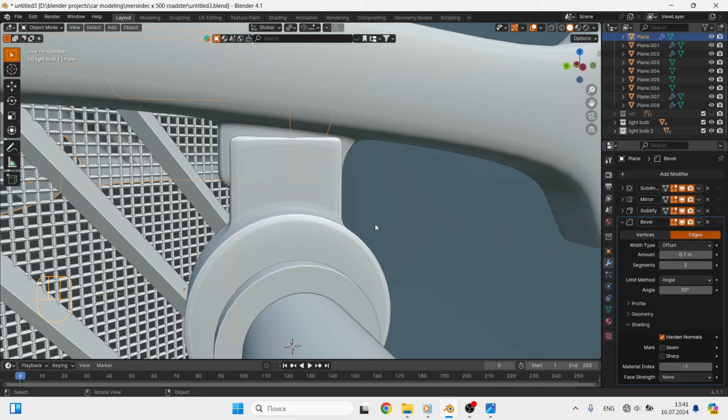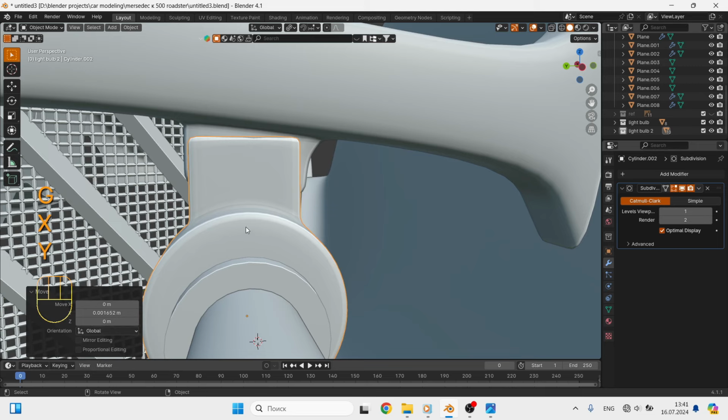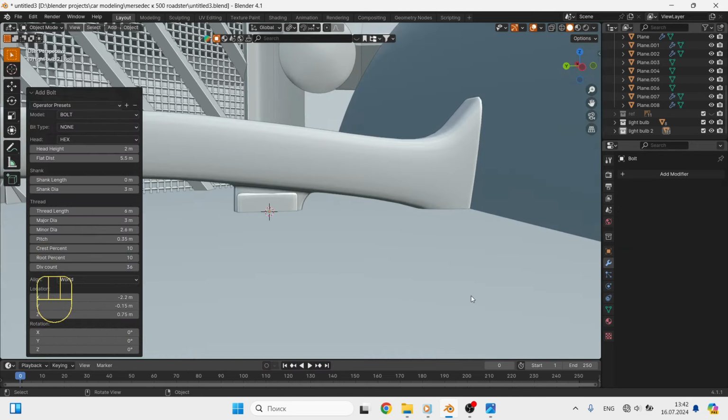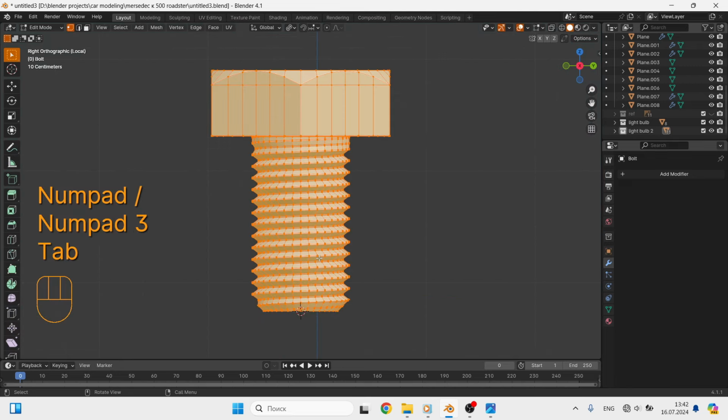And also, we will use the add-on with bolts and nuts. Since this design must be attached somehow, we add a regular bolt, but it needs to be slightly modified in editing mode. Delete the vertices with threads, we do not need them.